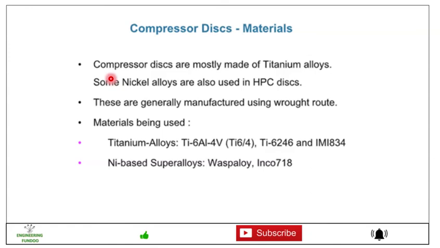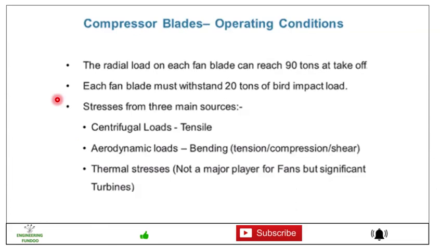Then the compressor disc material. The compressor discs are mostly made of titanium alloys. Some nickel alloys are also used in HPC discs. These are generally manufactured using the wrought route. The materials being used are titanium alloys and nickel based super alloys. Friends,